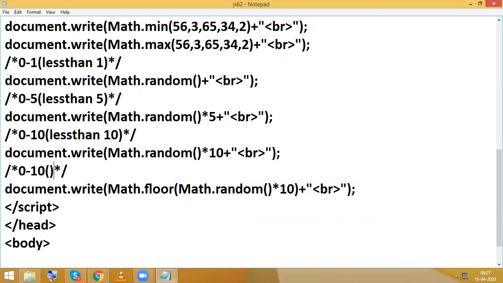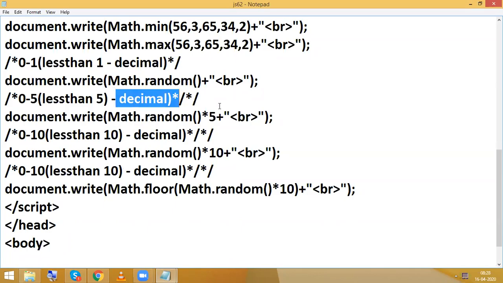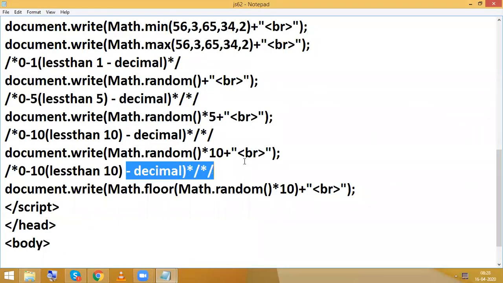So that means you are going to get always less than 10 only. So only the difference is here we will get decimal values, but in this case we are not going to get any decimal. That is the only difference.